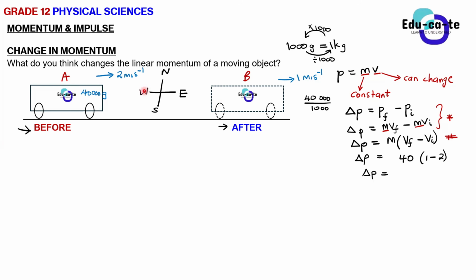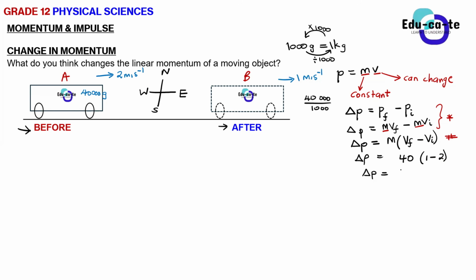Okay, so please let's make sure that when we substitute the VF here, the one that we substituted is a positive 1 because it is going to the east, all right? And then the initial velocity is a positive 2 that we have substituted into this formula, okay? Because there's a minus in this formula, right? And on V initial, we put a positive 2 because initially this truck was moving to the east. Do we get this sense of velocity thing? Yes. All right. So all you need to do is to find what is going to be the answer.